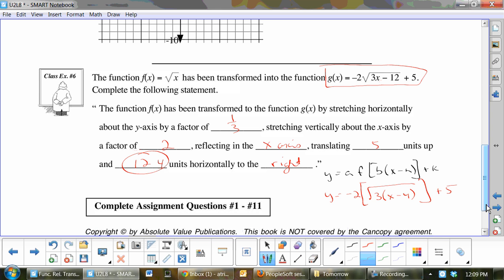So one person in this entire class would have got this one right. That is a horizontal translation 4 units right. I actually want you to cross out the 12 so you can still see it. So when you come back to your notes,